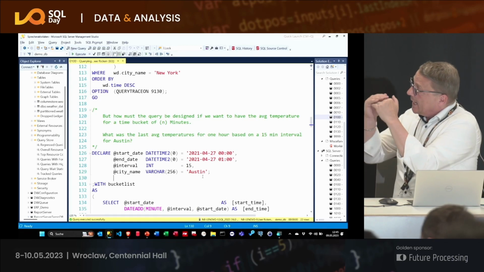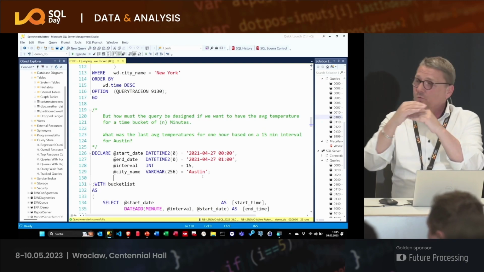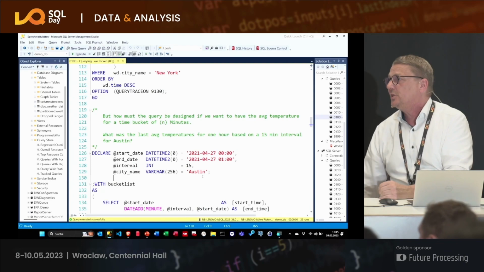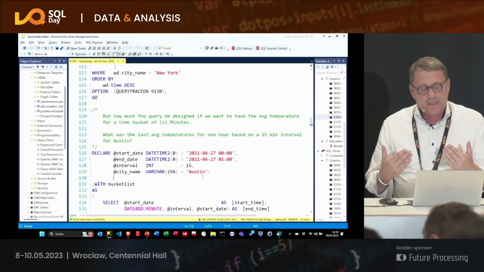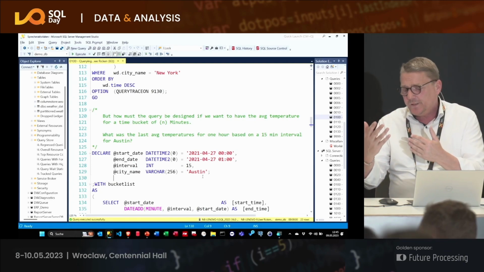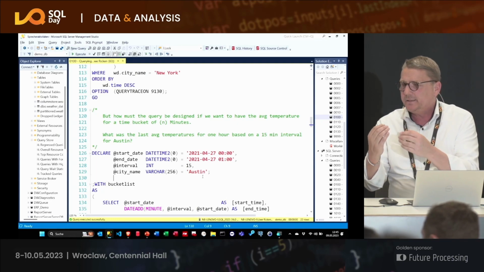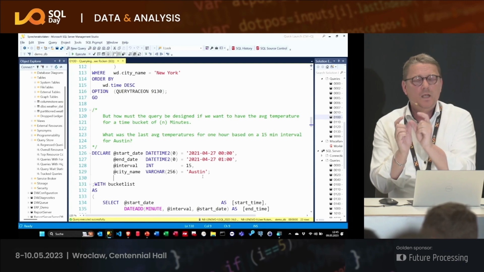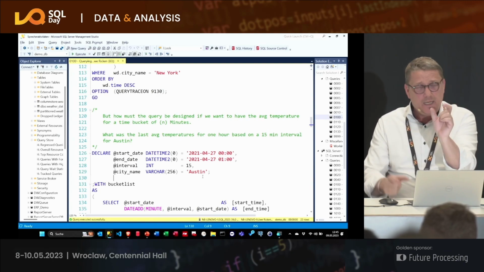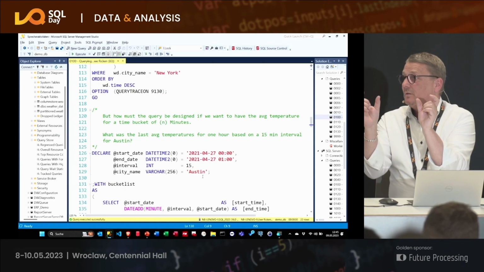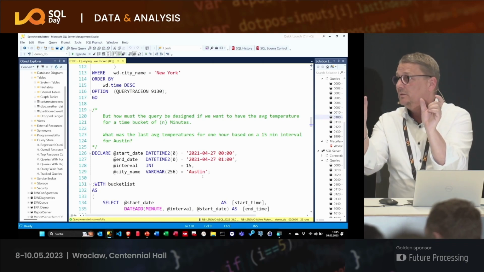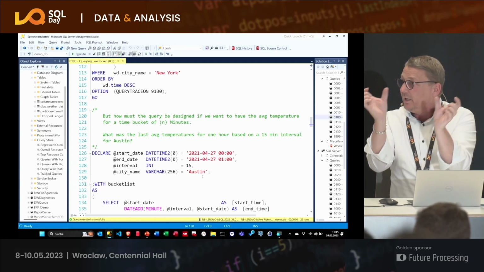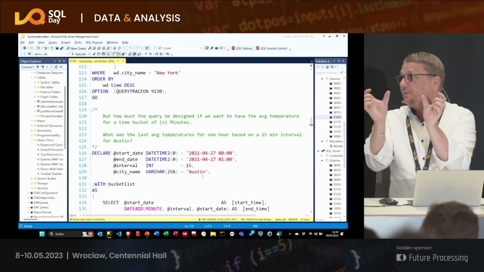But here, what I want to see now is 4 rows, the average temperature for every full 15 minutes. When I think about this, the first thing that comes to my mind is I need 4 time buckets. And not only a starting date, but I need a time range from to. Always. Because I need to find data which are in between the borders.